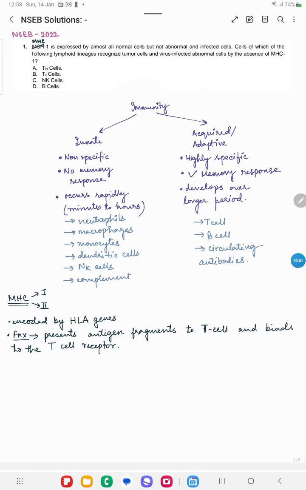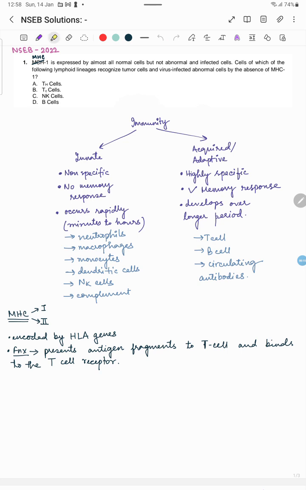So today we are going to discuss one of the problems which was there in MSCB 2022. MHC, which is the major histocompatibility complex. MHC1 is expressed by almost all normal cells, but not abnormal and the infected cells. Cells of which of the following lymphoid lineages recognize the tumor cells and the virus infected abnormal cells by the absence of